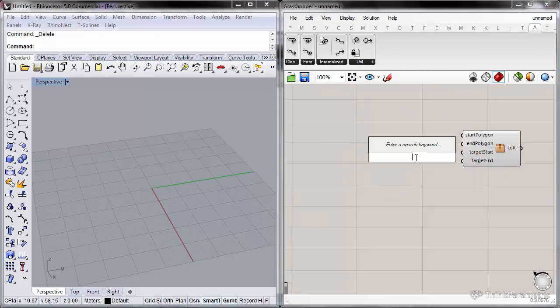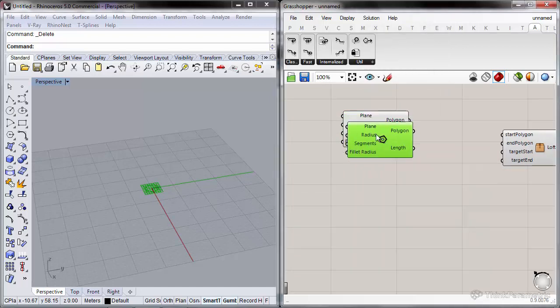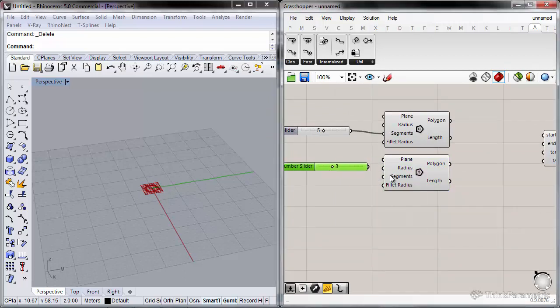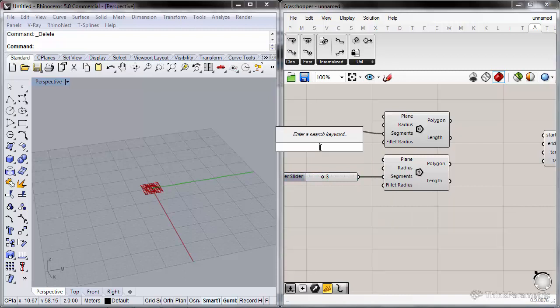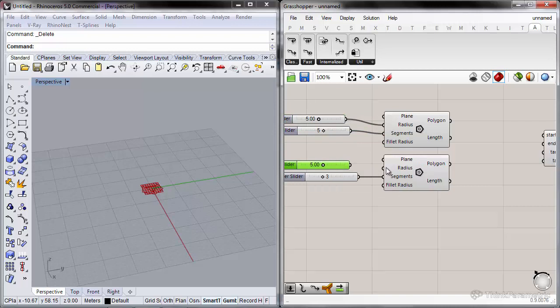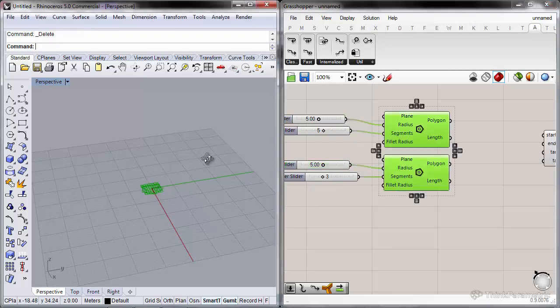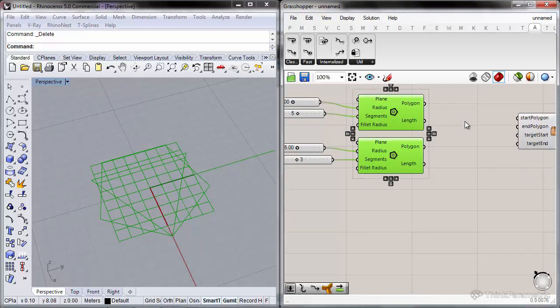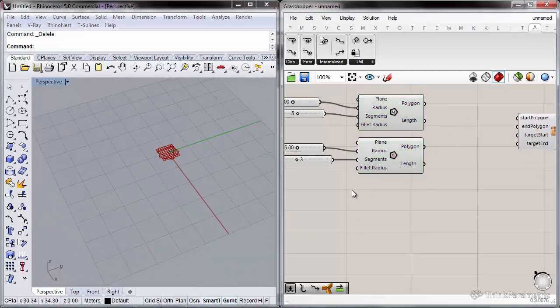We can test our class creating polygons, different segments, say 5 and 3, different sizes as well. There we go, we got two different polygons, and we need two target planes which we can generate from a